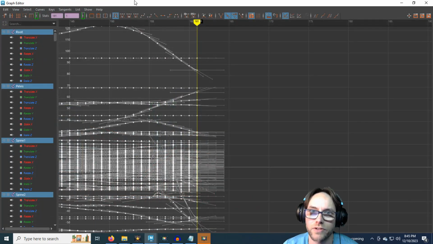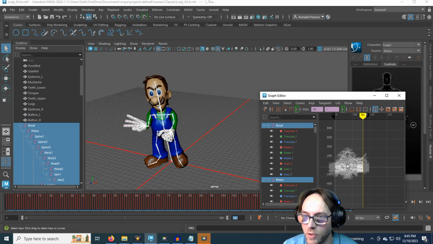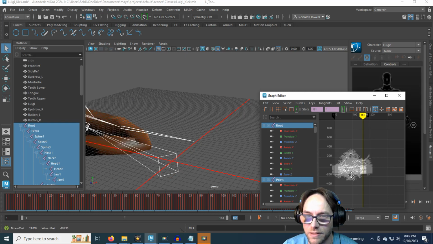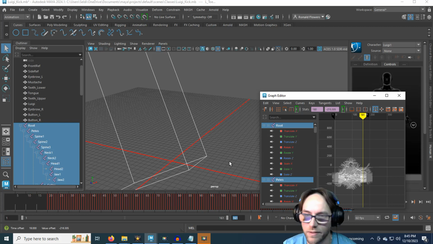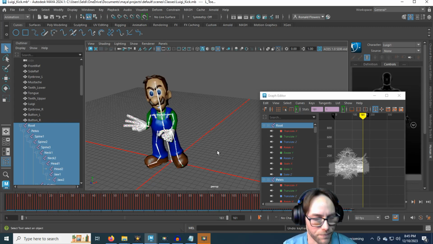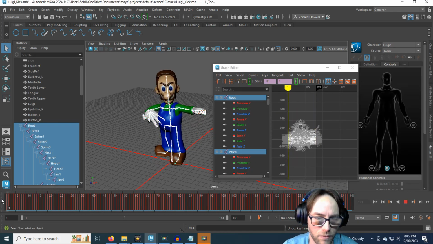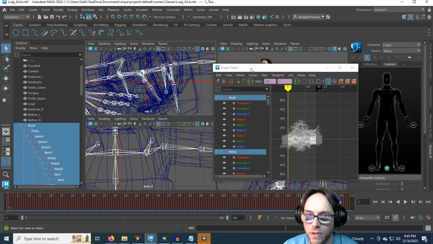Now just be careful as you're moving this stuff. If you were to accidentally middle mouse drag this up or down, you might get some weirdness. That's crazy. Just be careful on what you're doing. Alright, so now that everything's retimed, let's go ahead and fix the first problem. If I go back to 0 or go back to 1, and we go into our side view, let me go ahead and move this over,